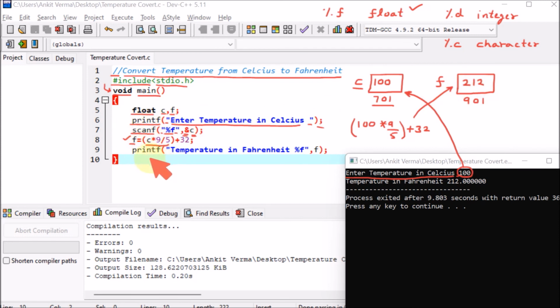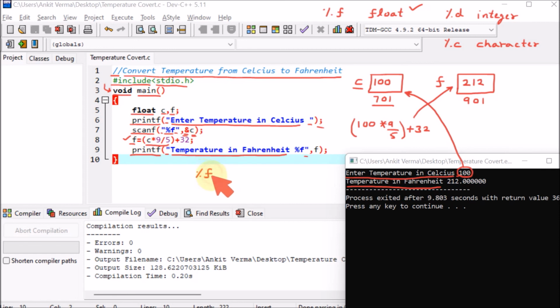Now afterward, printf. Printf means printing on the screen. Whatever is inside these double quotes will come as it is. So here, temperature in Fahrenheit comes as it is. Now there are some specific characters which have specific meaning, just like %f.